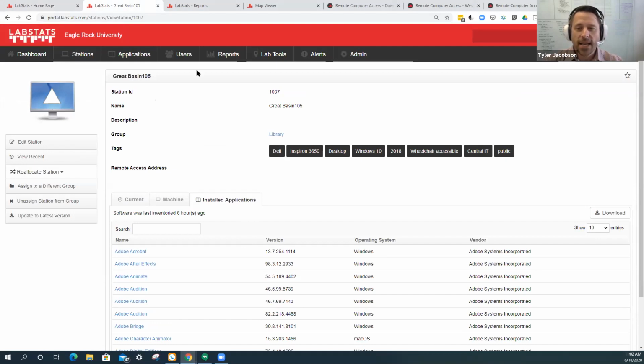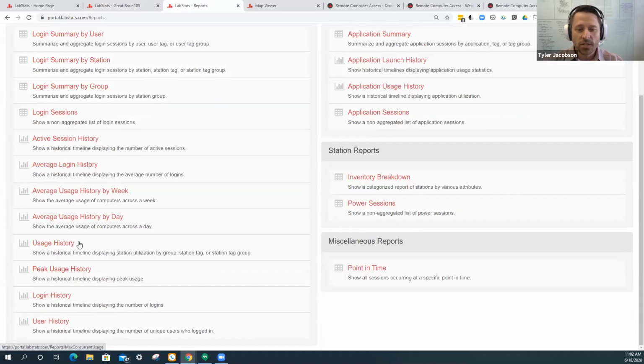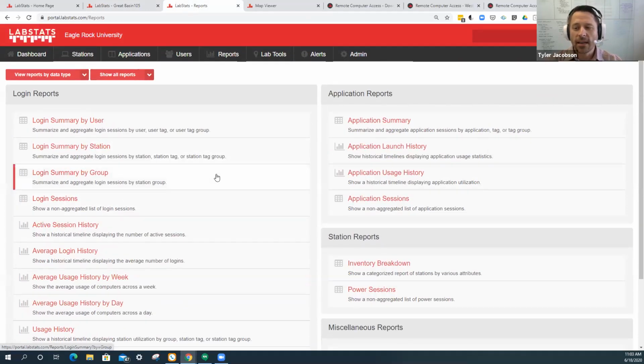Then all of that live data gets stored within the LabStats database, and you can run reports on historical usage of those computers. So you can see, for instance, which computers are getting used the most often with the login summary by station. You can use the usage history and peak usage history to determine if you have enough computers in a computer lab, or if you have some that you can get rid of. The application launch history will help you understand if you have the correct number of licenses to manage the application history, things like that. So these reports can help with a lot of the questions about deployment of the resources